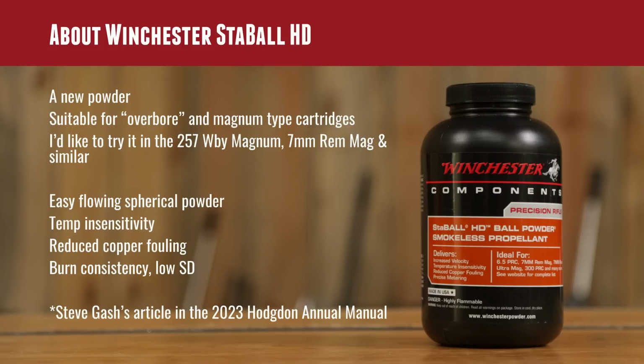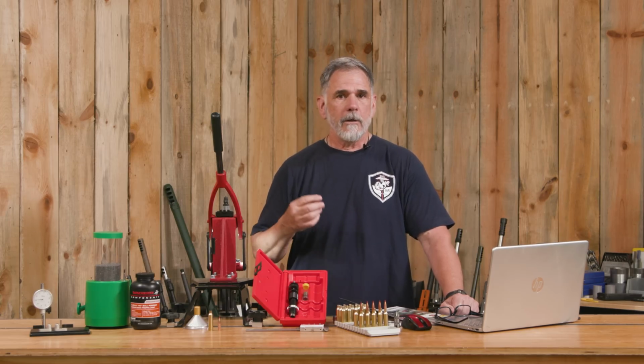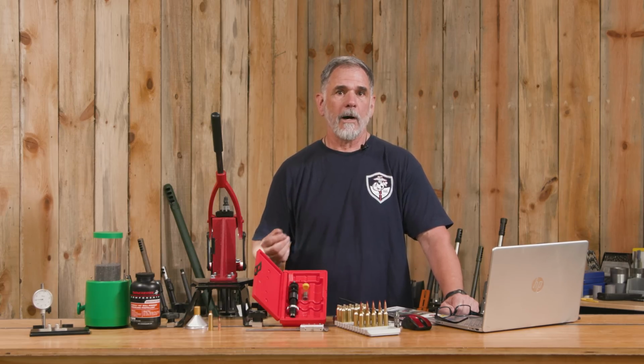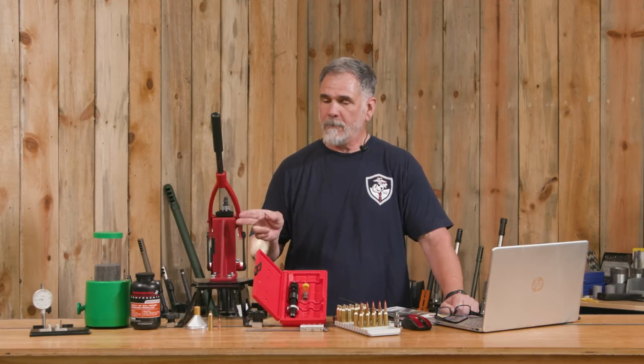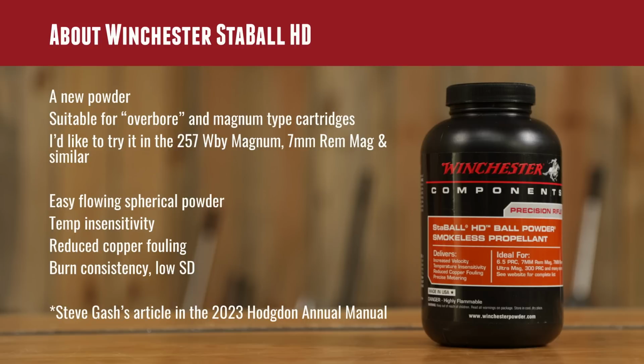It is a spherical powder, so it flows very easily through a powder measure. That's nice. It also has temperature insensitivity, which has become real popular over the last 20 years, and it's becoming incorporated in more and more powders. Now, not a lot of spherical powders were temperature insensitive. This one is. It has reduced copper fouling, which is real nice